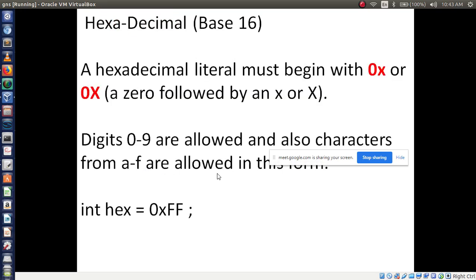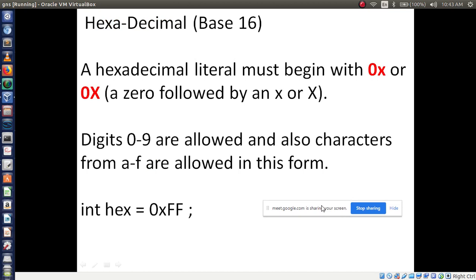Now hexadecimal. These all belong to which data type? Int data type, right? So we are discussing integer literals now. Hexadecimal is base 16, and it must begin with 0x or 0X. Like we did in octal, starting with 0, here we start with 0 and X. The X may be small or uppercase.